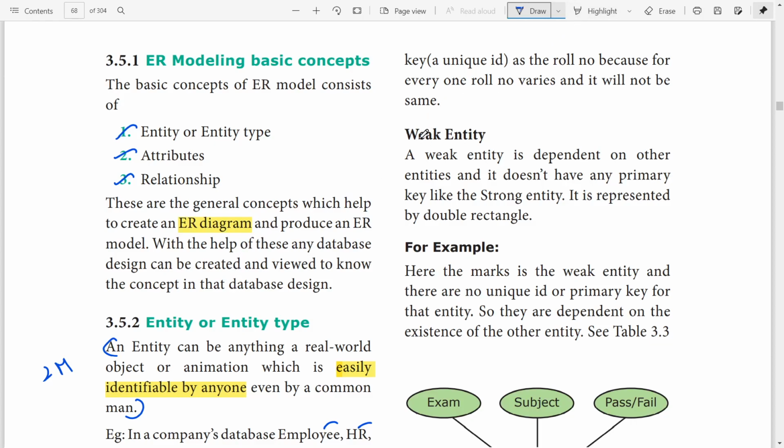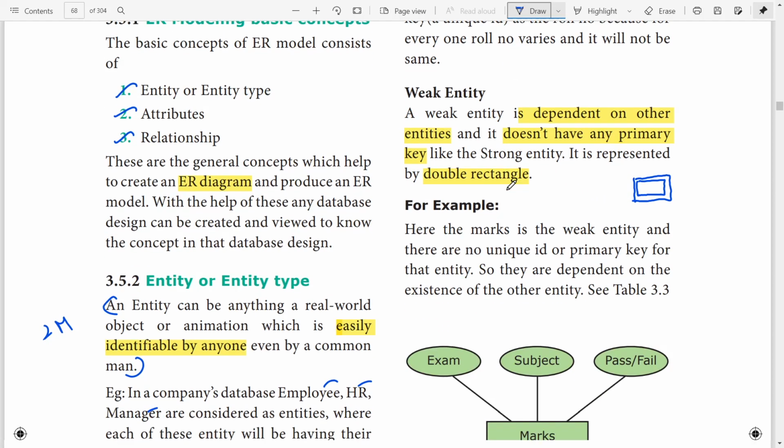Okay. Then what about weak entity? A weak entity is dependent on other entities, and doesn't have any primary key like a strong entity. It is represented by a double rectangle. Single rectangle means strong entity. Double rectangle means weak entity.